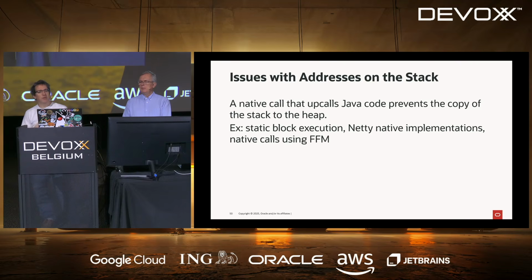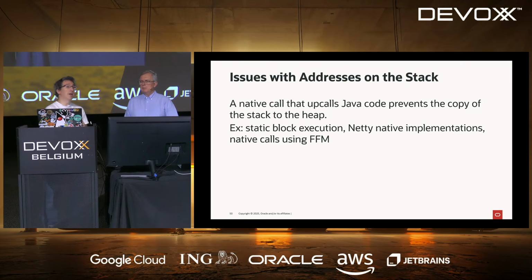So currently we still have some code that is using C code even in Java. For example, if you run a static block, I don't know if you know, but you have a lock which is taken by the VM, so you cannot have several threads that run the same static block. This is done in C code. This may pin your virtual thread.